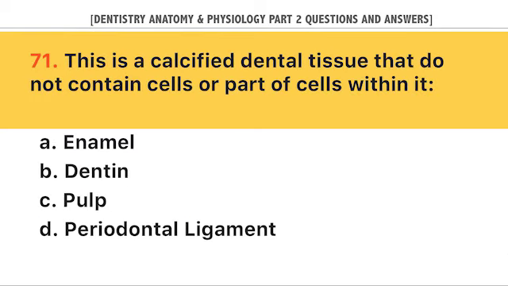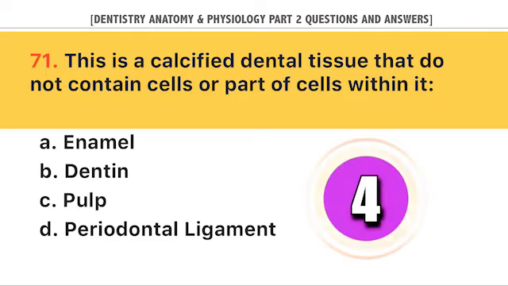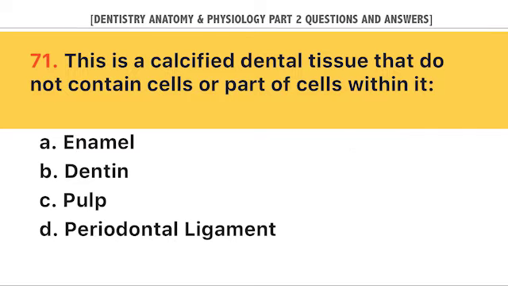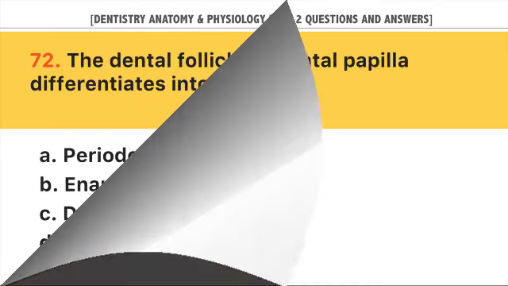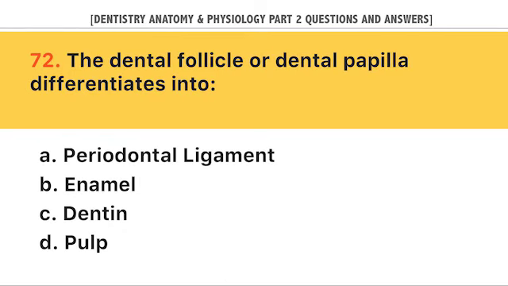This is a calcified dental tissue that does not contain cells or parts of cells within it. A. Enamel, B. Dentin, C. Pulp, D. Periodontal ligament. Answer A. Enamel. The dental follicle or dental papilla differentiates into: